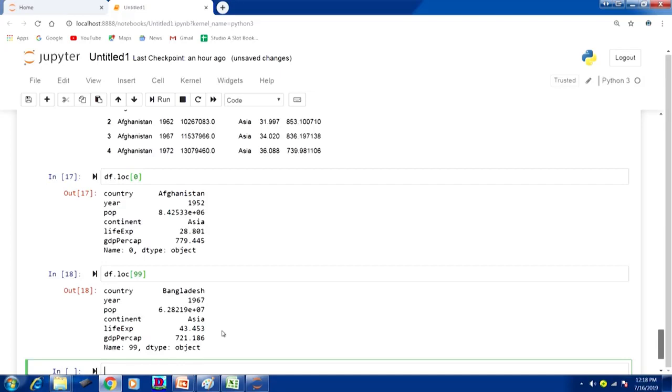So far we have seen how to load a CSV file into Python. We have seen some basic commands, how to know the size of the file, how to access a particular row, and also how to subset different small data files from the given big file, so that they can be used for our further analysis. In the next class we will see how to access different columns, which will continue in the next lecture. Thank you.